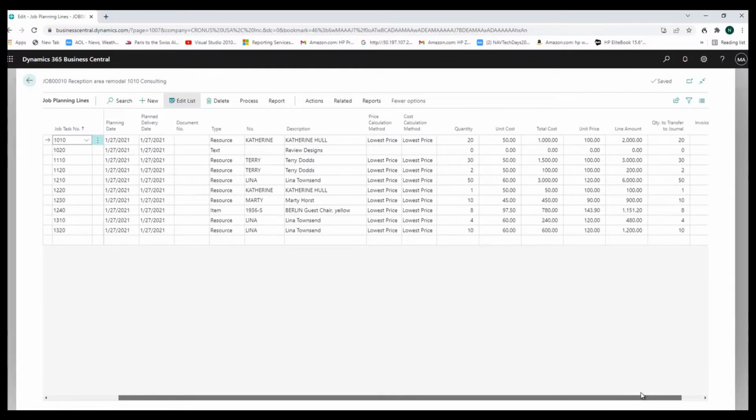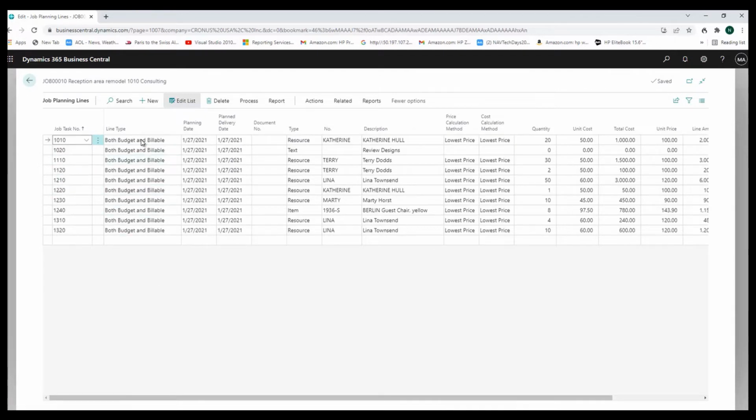So I'm going to slide this over a little bit. So the line amount's actually $2,000. So take all these line amounts and add them up and you'll get your $13,020.50. And you can see that these are all typed both budget and billable. And so for any of these individual lines that we have out here, we can actually see how we plan